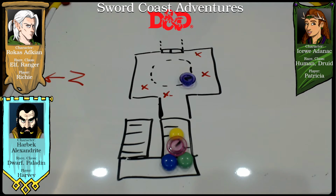I rolled a 15 plus 7 for 22 to hit. That hits. And damage, 4 plus 3 is a total of 7 damage. Alright,